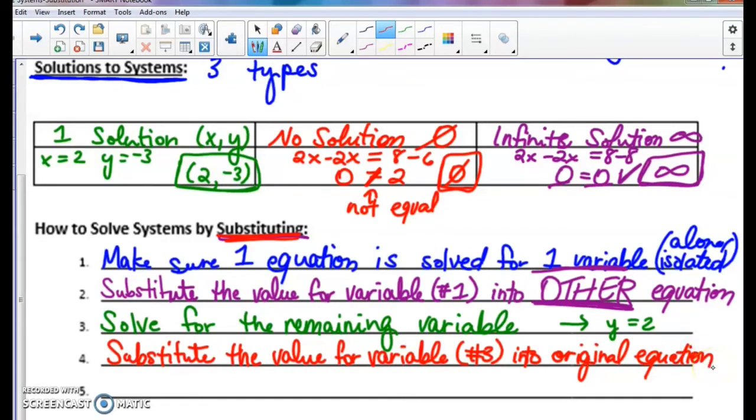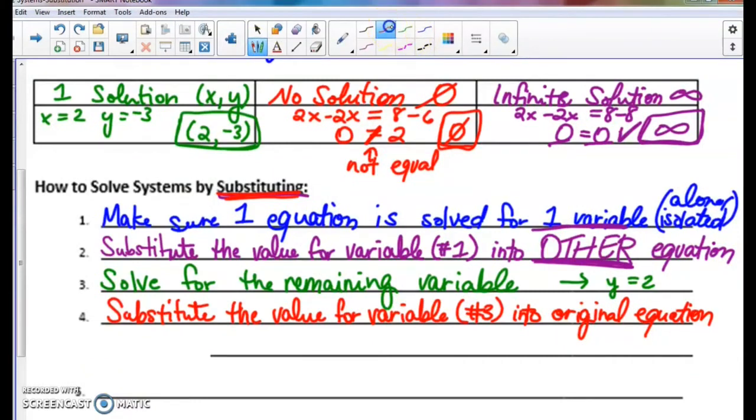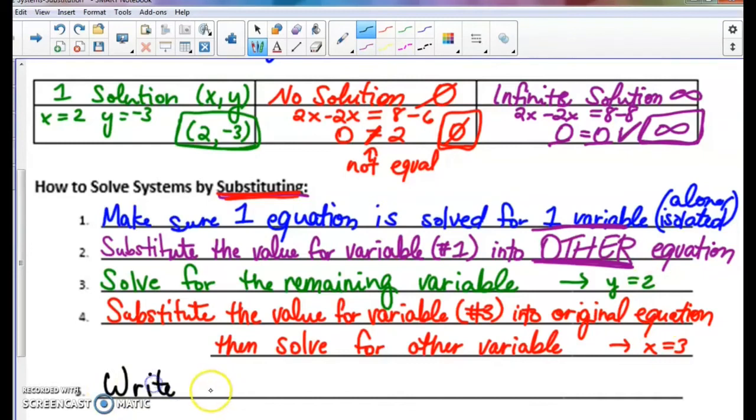Now the last little part here, so if we solve for the other variable here at step 4, so when we substitute that value for the variable from step 3 into the original equation, we're going to then solve for the other variable. And when you do that, then you have like your x equals 3. So then, if you notice, you then have a y value, you have an x value, so your last step here is to write the answer